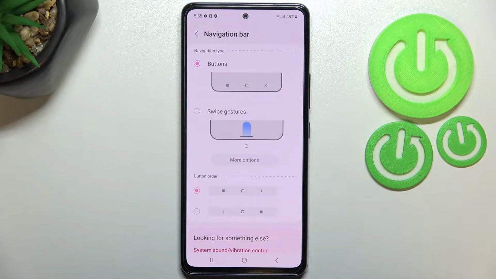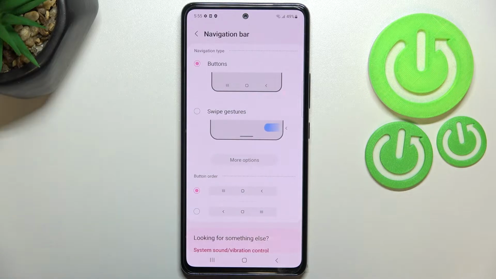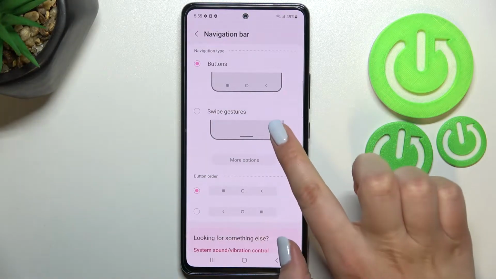Let's enter. And as you can see here we've got two different options from which we can choose. So right now we've got the buttons option applied, obviously, and if you decide that you want to stick with this option, you can customize it here. So you can reorder the buttons, you can switch the places of the back button and the recents. It's of course up to you, but if you'd like to change it to the swipe gestures, just tap on